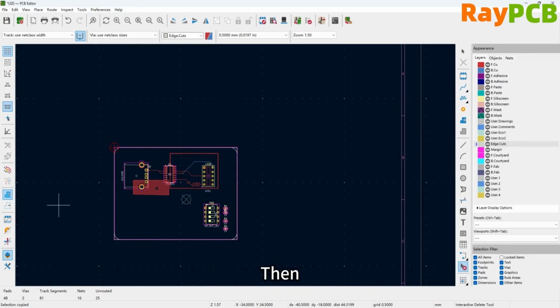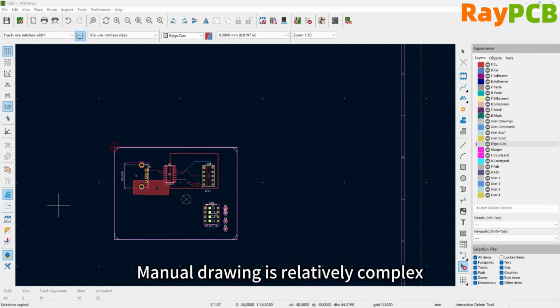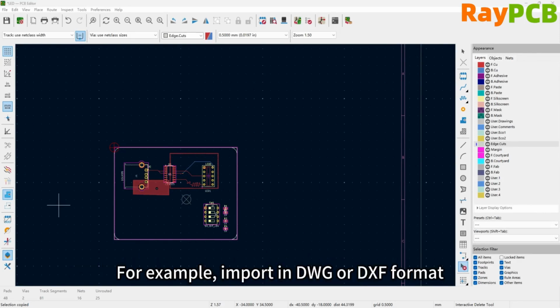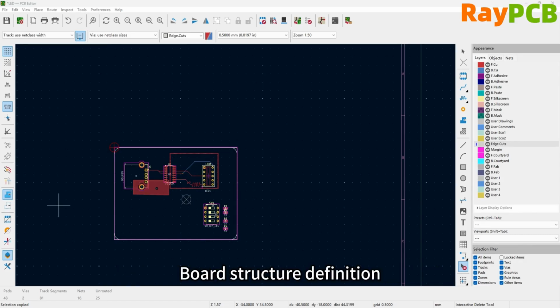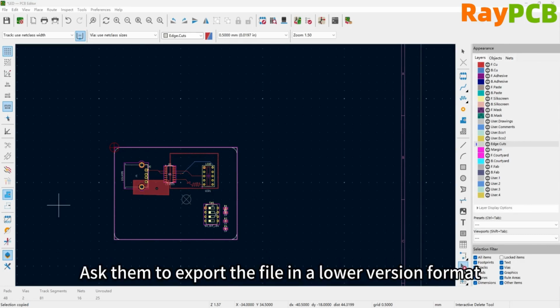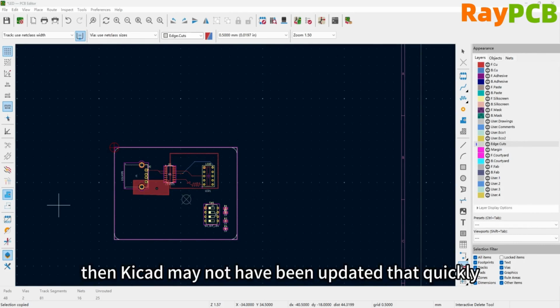Then, for many projects, the board structure's shape is irregular and manually drawing it is quite complex. In such cases, you need to import the board outline created by the CAD structural engineer, for example, by importing DWG or DXF format files to define the board structure. Before importing, it's best to communicate with the structural engineer and ask them to export the file in an older version format. For example, if they're using the latest 2020 or 2024 version, it's possible that KiCad hasn't updated that quickly,